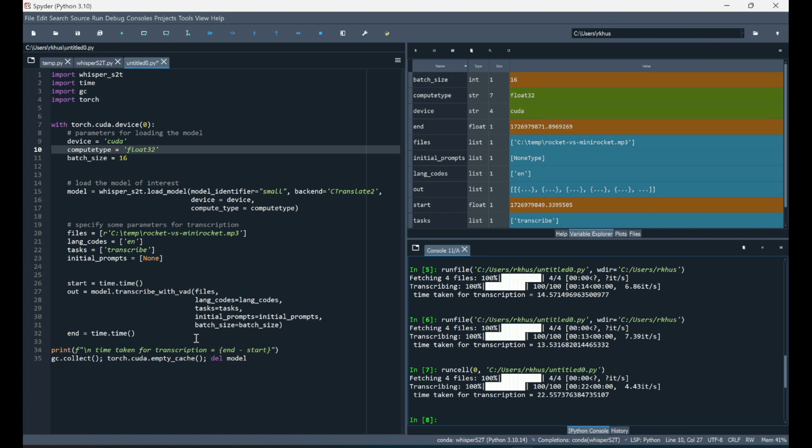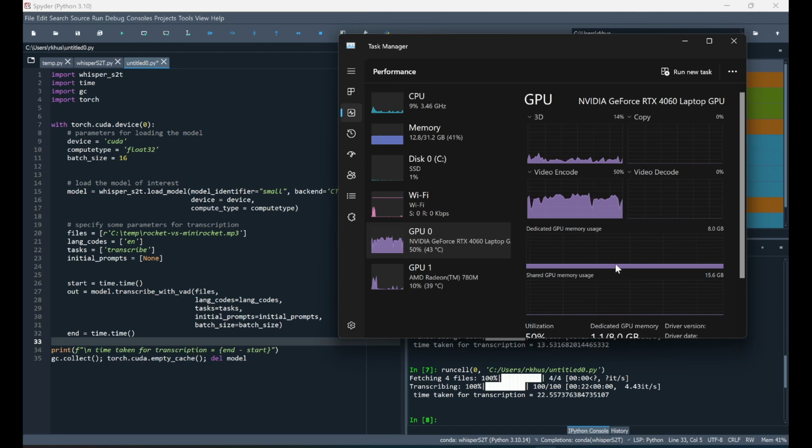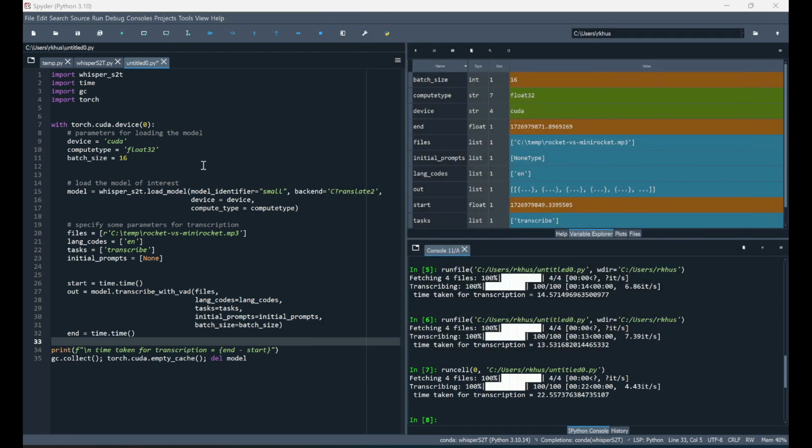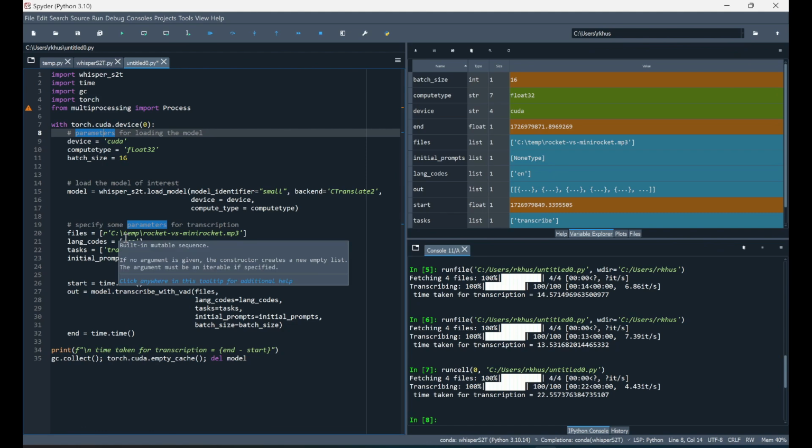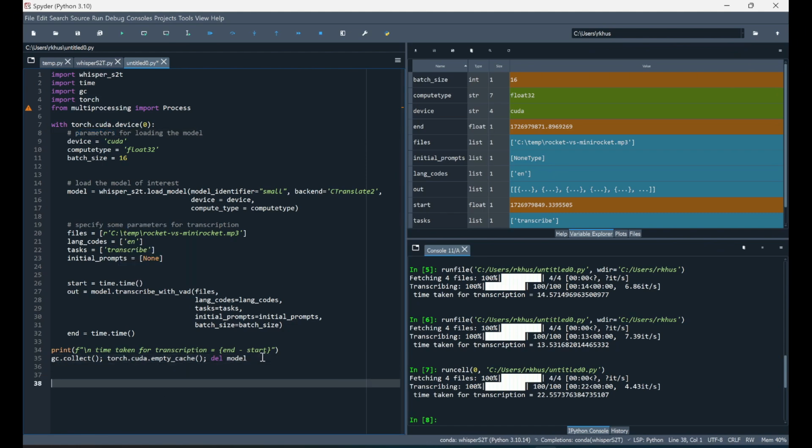I think there is only one more thing which I can tell you about over here. Another way you can transcribe, you know that issue with the memory where we were seeing some sort of memory not being released? Another thing you can do, instead of defining your Torch CUDA device, is to add a multiprocessing command. So what you can do over here, you can say, for example, from multiprocessing import Process. Okay, so I'm going to put this in a function inside the process, and we are going to run it again. So if __name__